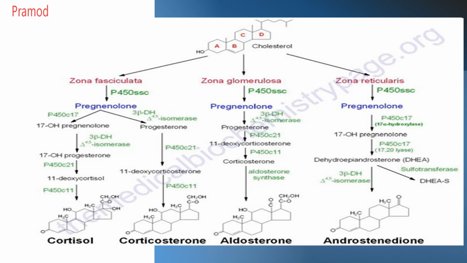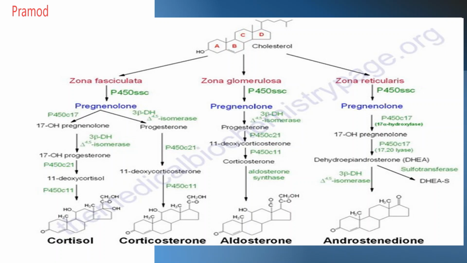Now, zona glomerulosa is responsible for synthesis of aldosterone. These cortisols are glucocorticoids, whereas aldosterone is a mineralocorticoid. Mineralocorticoids are synthesized in your zona glomerulosa. So, your pregnenolone gets converted into progesterone. Progesterone gets converted into